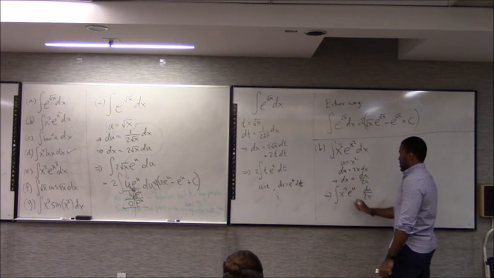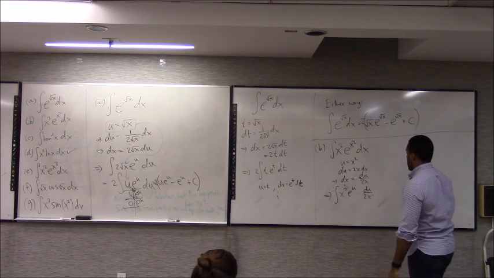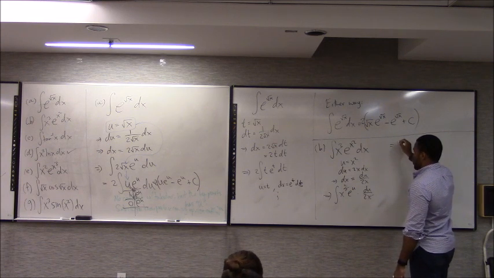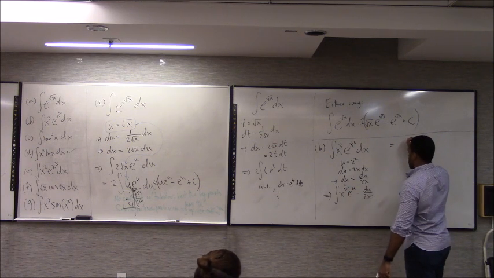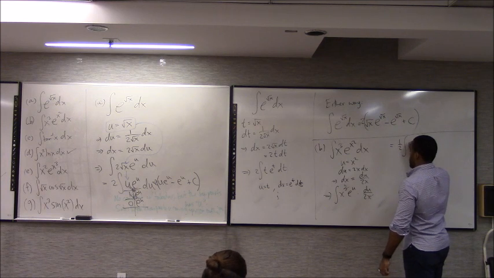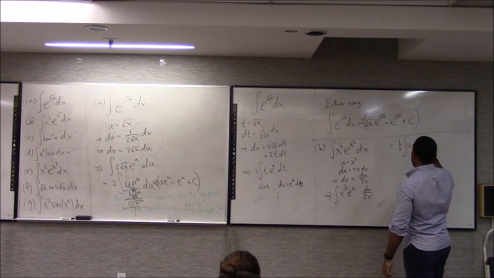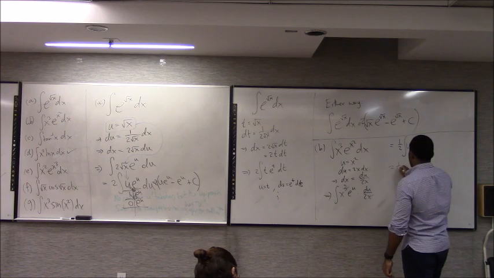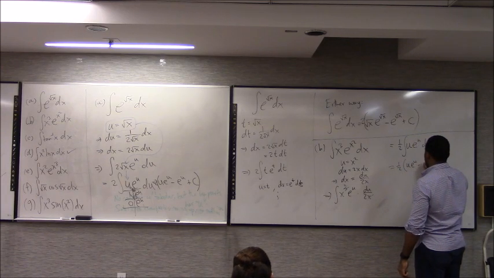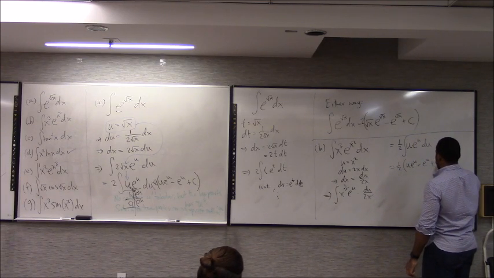So the x will, this x is going to cancel with that one. And you can substitute u again. And we are going to get u for that x squared, so we're going to have 1/2 u e to the u du. You saw that again, that's u e to the u minus e to the u plus c,